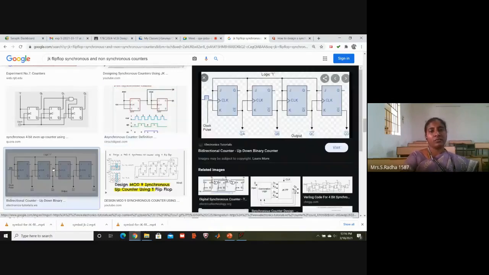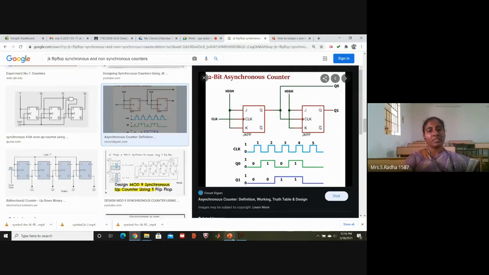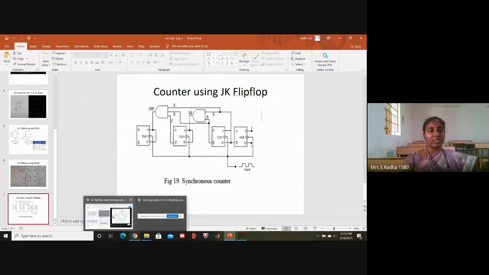And here you are using 4 flip-flops, so it can count 16 states, but this is a down counter, so it will count in the downward direction, and this is an up counter, it will count in the upward direction. If you use 4 flip-flops in this similar manner and connect the Q output as clock to the next stage everywhere, it will do up counting from 0 to 15. This is about the asynchronous counter, where all the clocks are different, and this is about the synchronous counter, where the clock is the same for all the flip-flops. This is what I have explained.